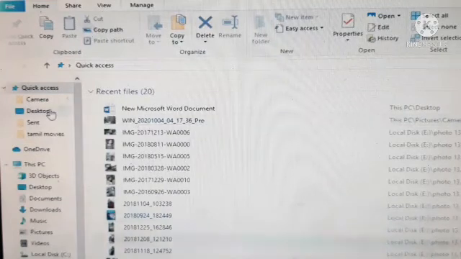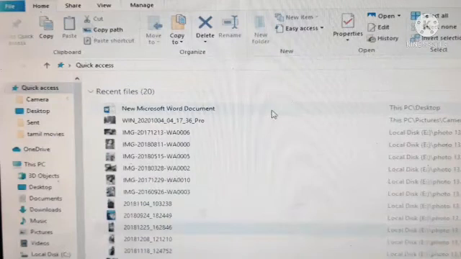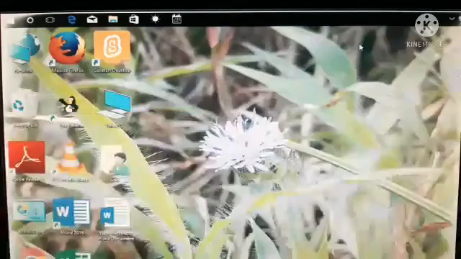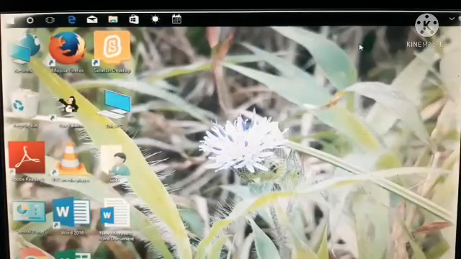So in the navigation pane we can see the drives and folders, and in the content pane we can see the folders or the files in the selected folder. Okay, have you understood this? So the next topic we are going to see is how to open the libraries in our Windows 10. Windows 10 has libraries.